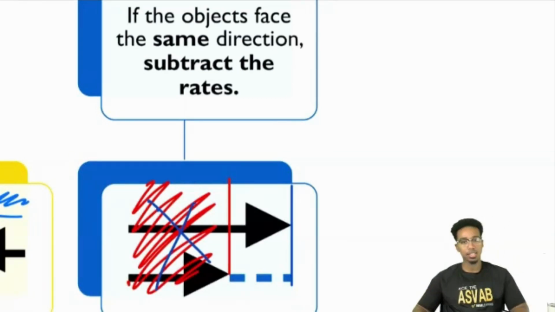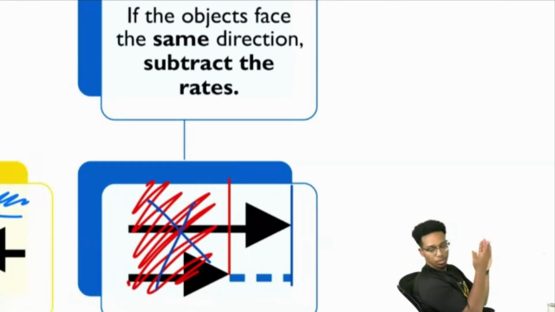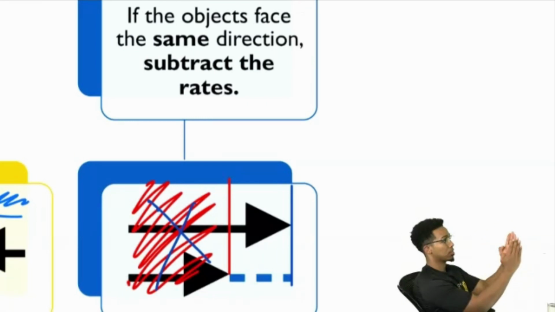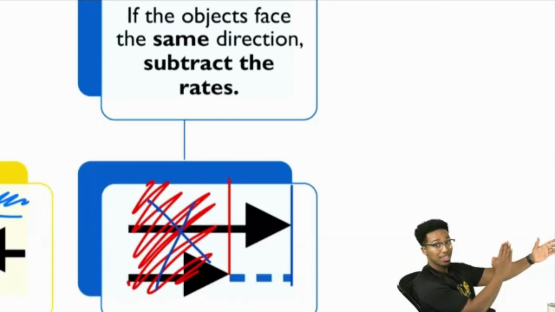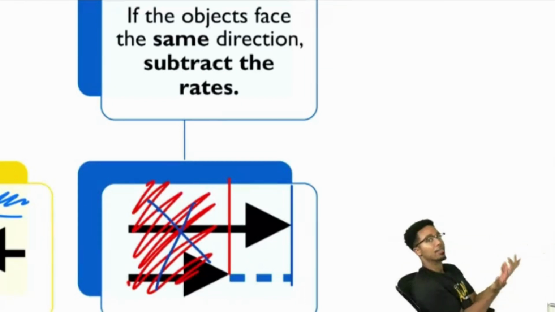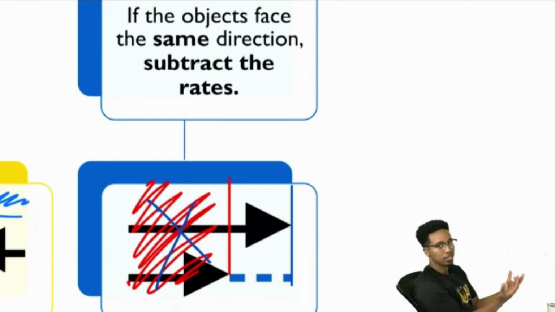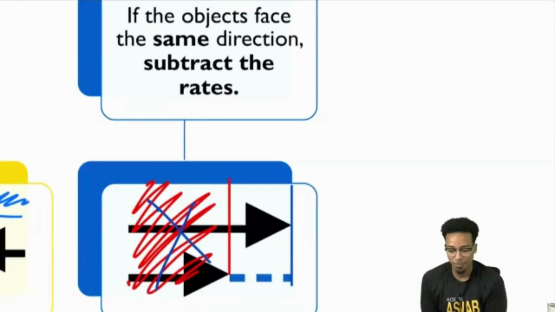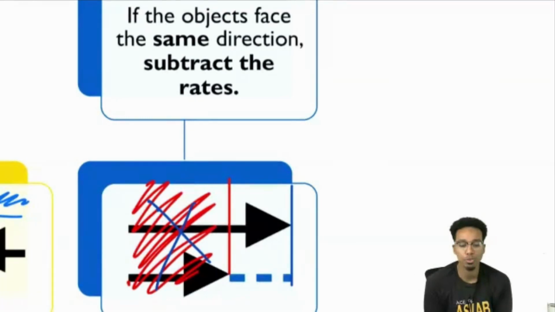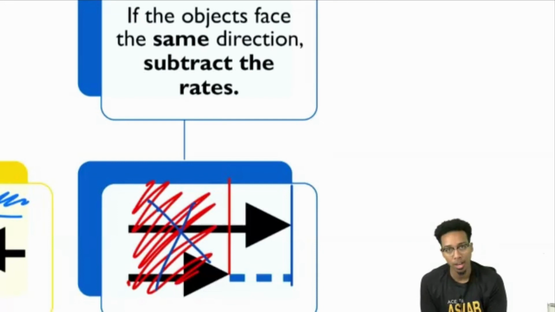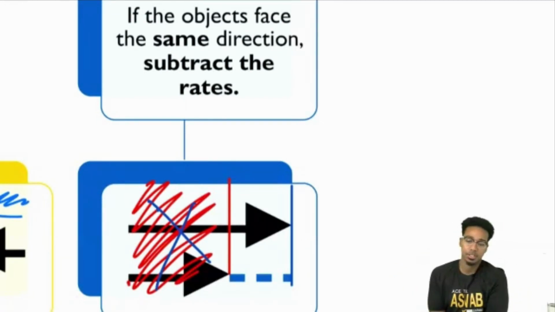Because again, think about it like this. If my right hand, as you guys would see it, that's my right hand, takes 2 steps, but my left hand takes 5 steps, my left hand is only 3 steps ahead, not 5. You have to take away those 2 steps they took together, but then the 3 additional steps is what you're actually counting. That's why you would subtract. Yes or no? Does that make any sort of sense at all? When you're going in the same direction, you subtract to cancel out the distance that they each cover together.